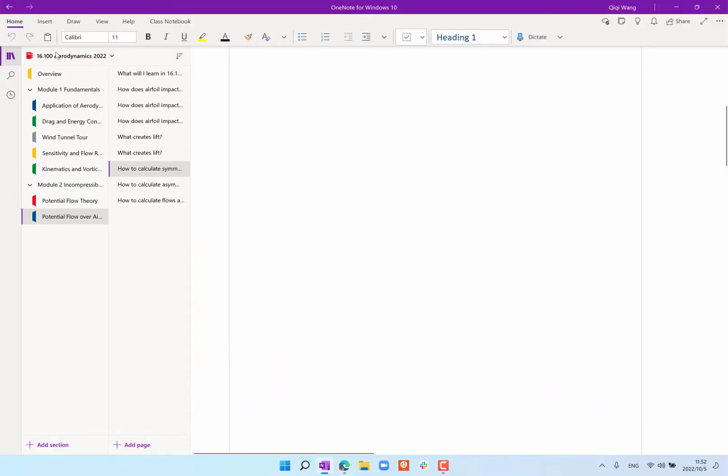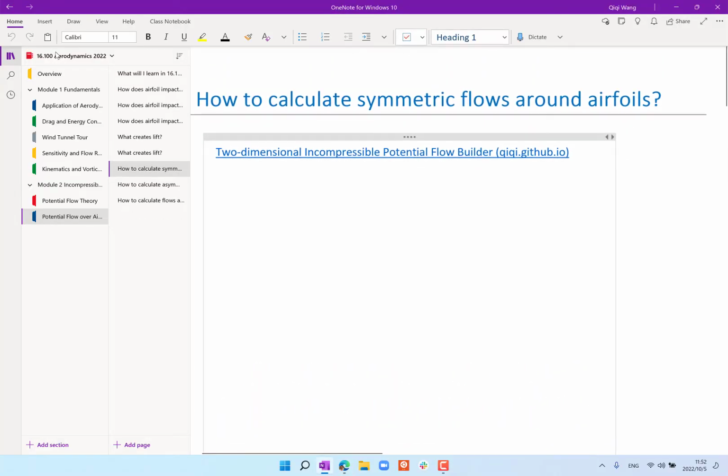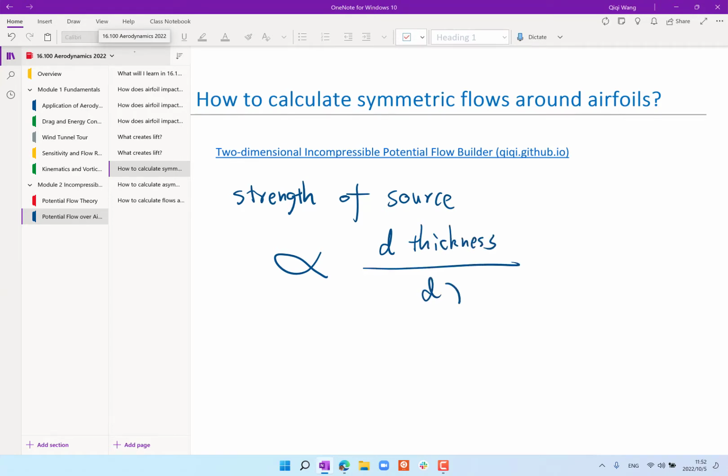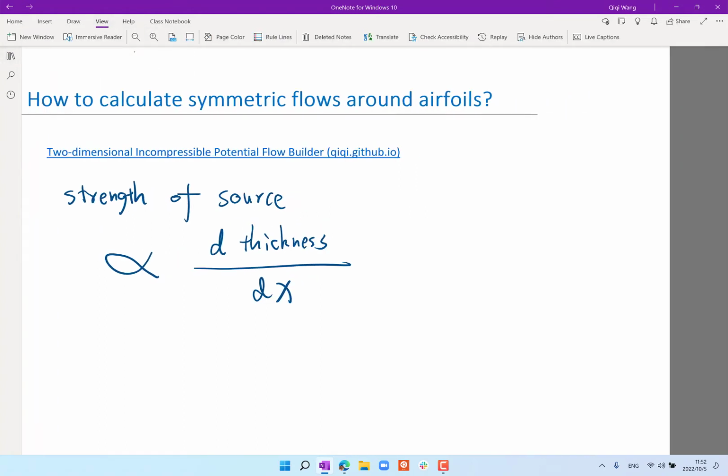So let me just summarize at this point. The strength of a source is proportional to d thickness dx, right? So that's basically how we place sources. And so that's how the strength of the sources and sinks affects the shape of the airfoil. And in addition,